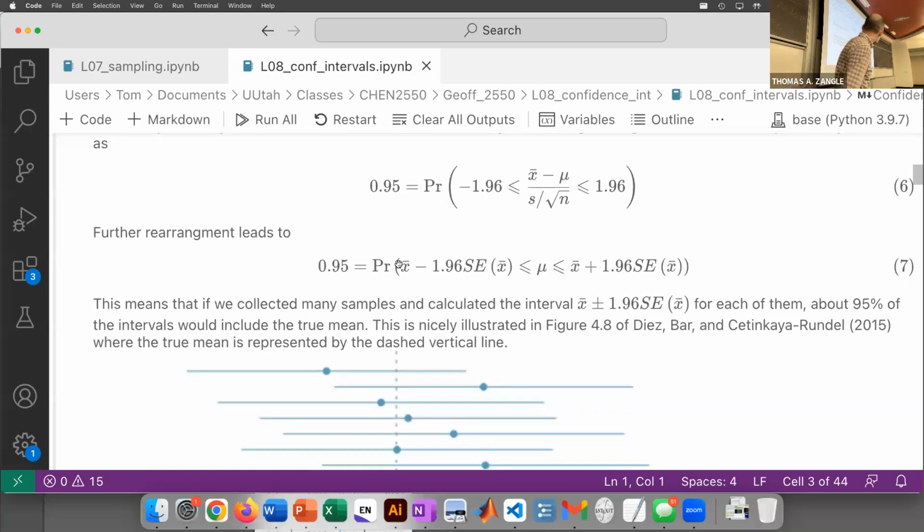So we can rearrange this and use this to then compute